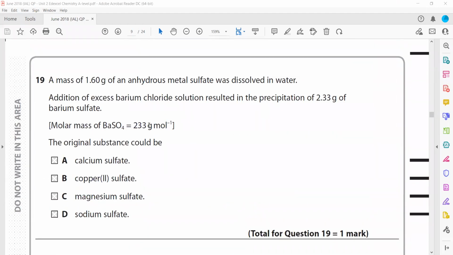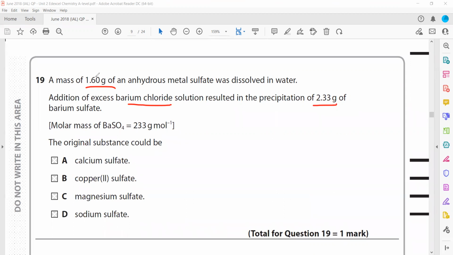Question 19. A mass of 1.6 grams of anhydrous metal sulfate was dissolved in water. The addition of excess barium chloride resulted in a precipitate of 2.33 grams of barium sulfate. The original substance could be,